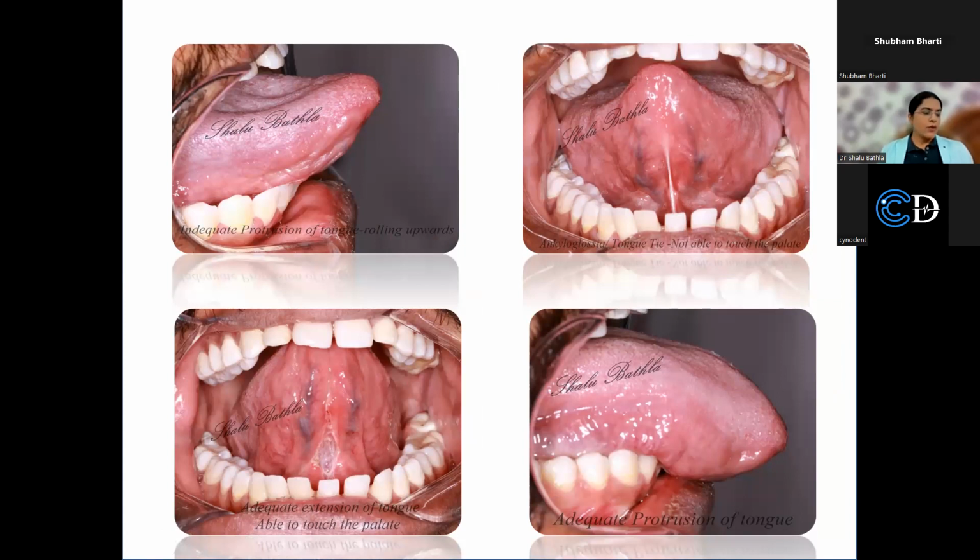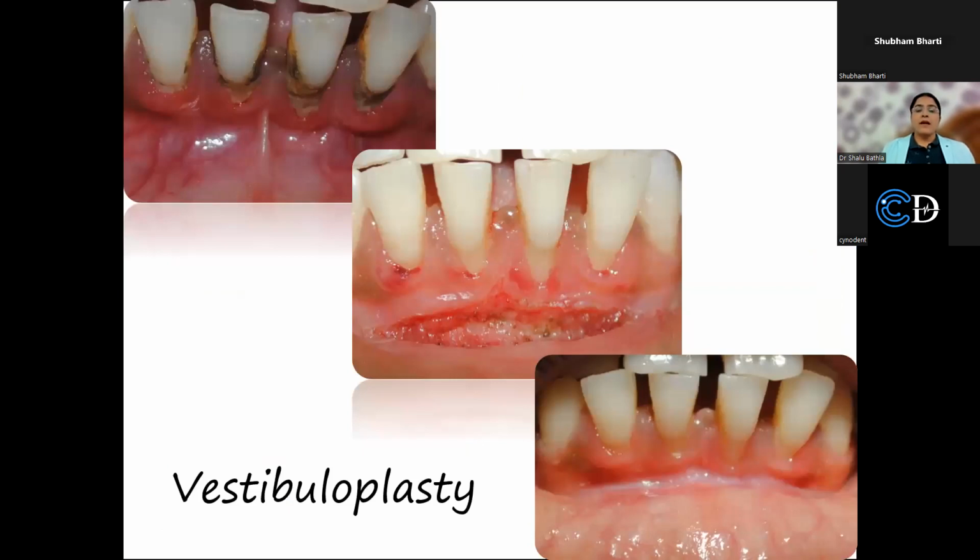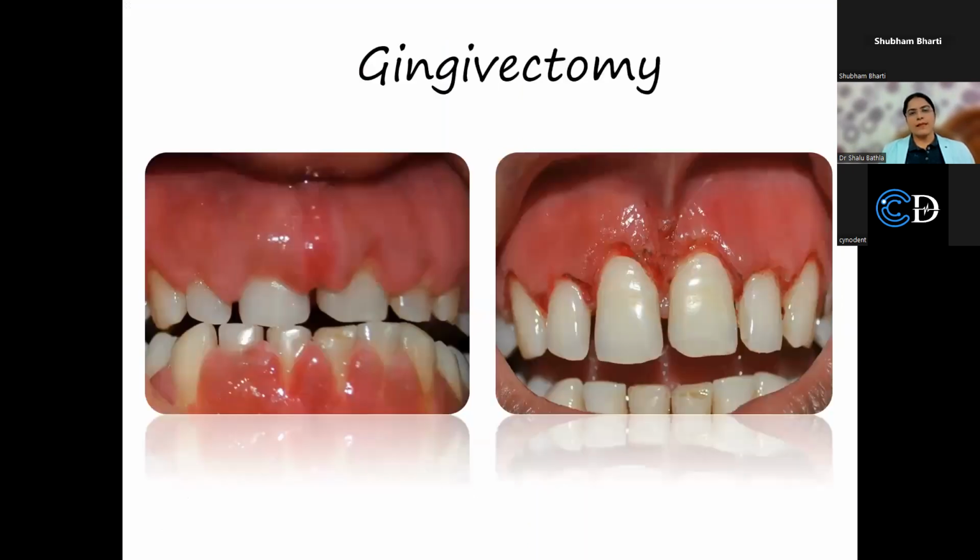And you can use these lasers in very apprehensive patients where really the pain is a concern, or you really don't want the bleeding at that site, so you can use your lasers. And really, I love using the lasers in vestibuloplasty. This is my personal view, that in vestibuloplasty a lot of bleeding is there. So you can just save your time as well as the patient's time by doing the vestibuloplasty with the lasers.